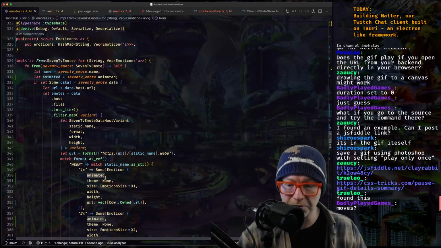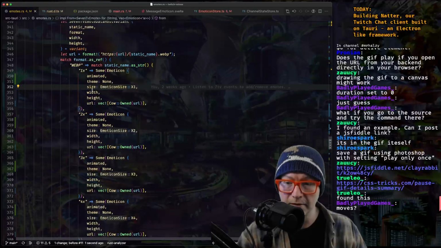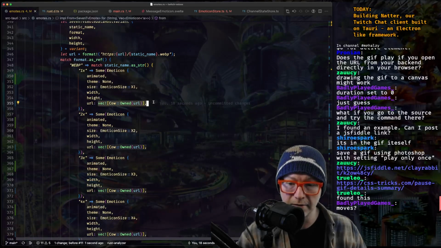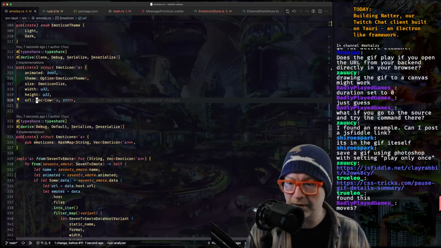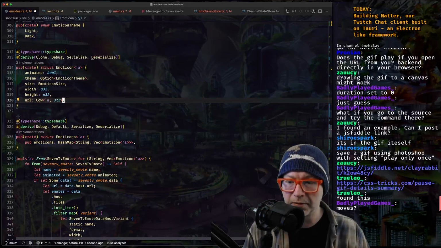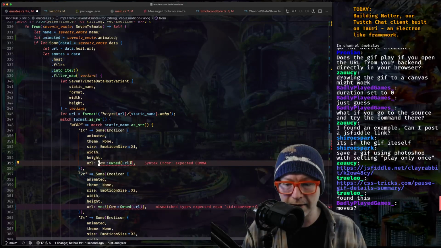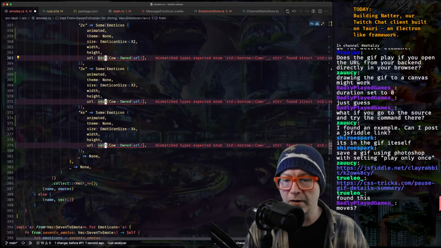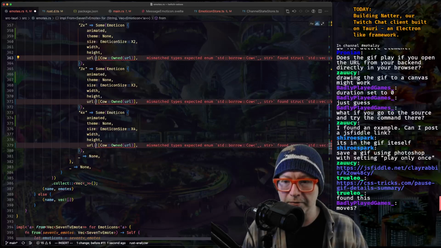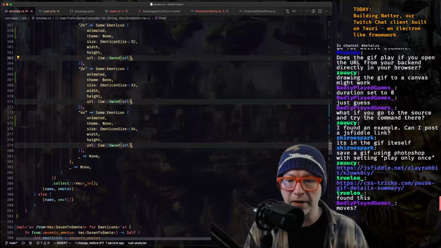So the front end can choose what theme, is it animated, which size, width, height, and we have the URLs. Now this, I do not think we should have a vector here. I added a vector because of how the Twitch emotes are set up. And I think that was because I was including the hold on. A little bit of, I gotta think about this. Copy, delete, okay. And boom, boom, okay.